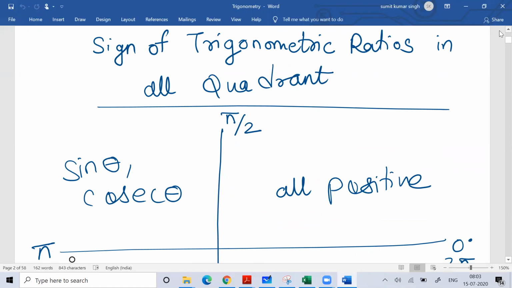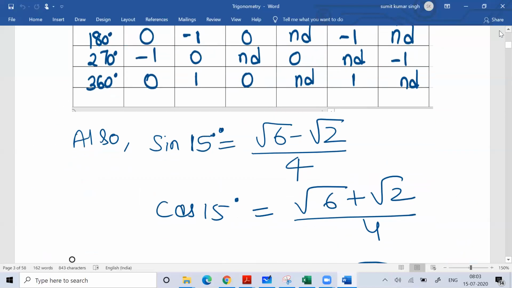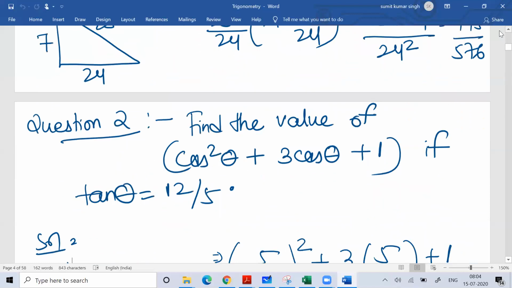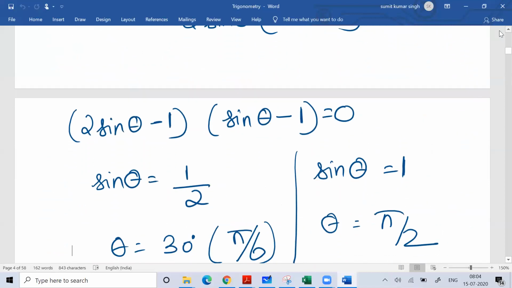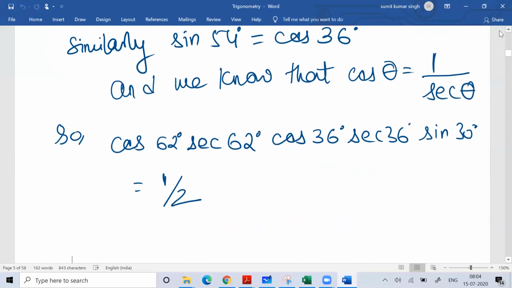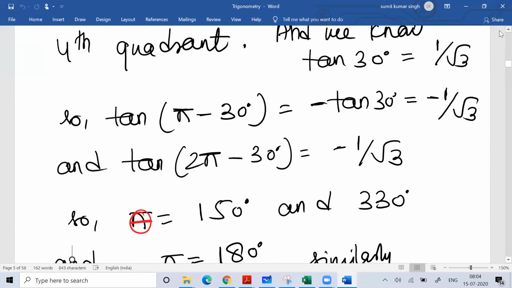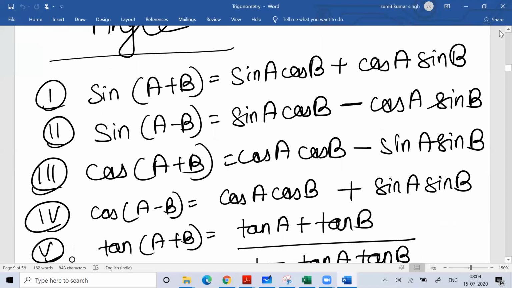We understood the quadrant, and what is the relevance of the quadrant while finding the value of different trigonometric ratios. Simultaneously, we discussed the basic concept of domain and range for sine theta, cos theta, and tan theta when we plotted the graph. We have done a lot of discussion and solved a couple of problems on the basic concepts of trigonometry till now. In this class, I'll continue my discussion of the concepts I have done till now.